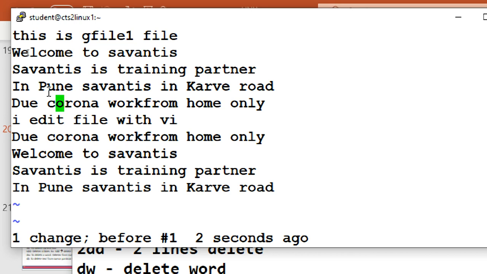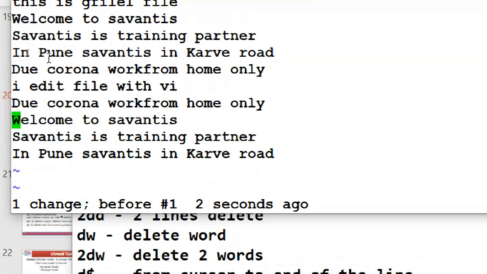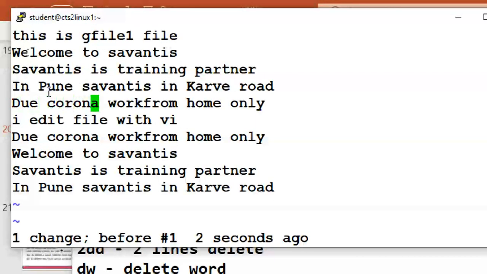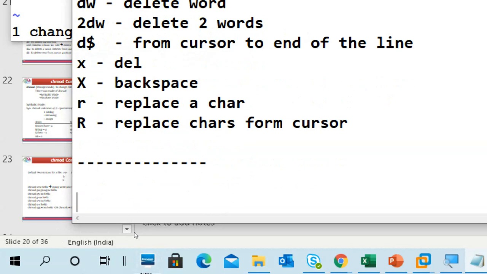But if I want to do something in a bottom line, I'm at the top, I can go down very easily by capital G, no problem. But if I want to go to a particular line, like 1 2 3 4 5, this is the fifth line, I want to go to the fifth line. No, I have to count. Some document is there, you have to go and change the fifth line. You have to count to the fifth line. Easy, no problem, right?